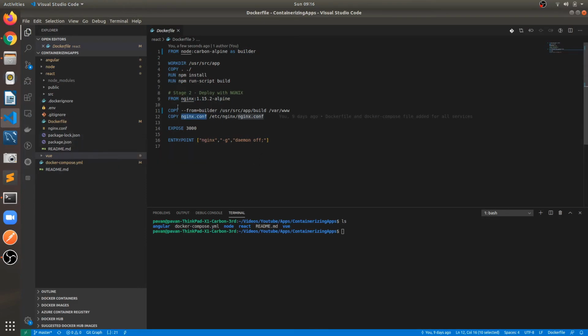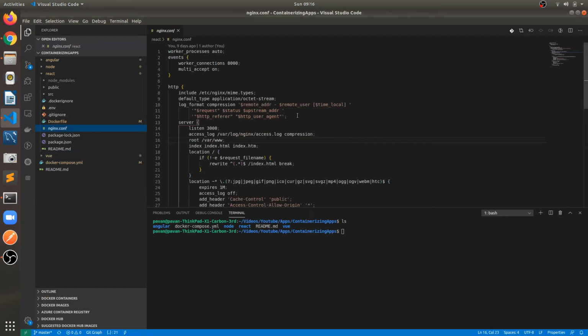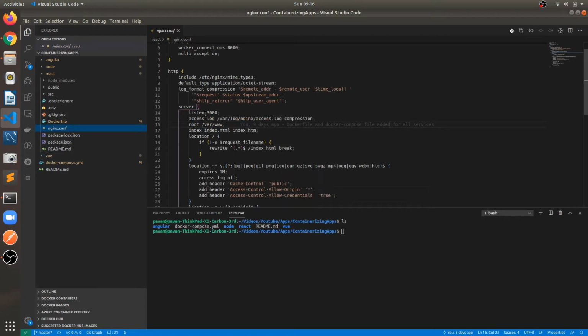This part is common for all the applications except Node, because for Node we are creating the server differently. In the Nginx configuration file all the required configuration is defined, and we are serving our internal application on port 3000 through Nginx.